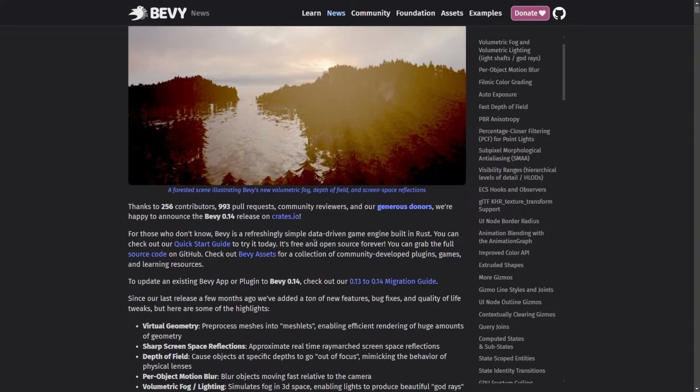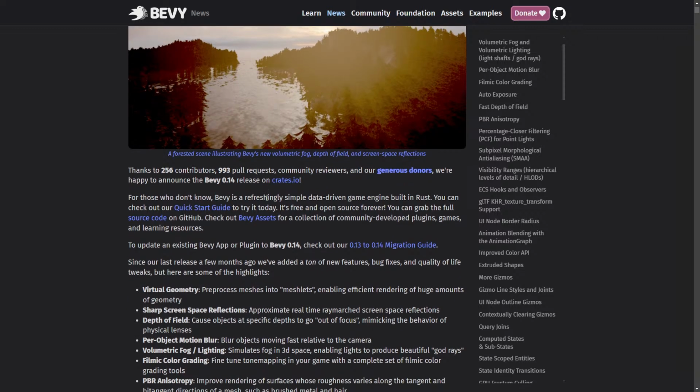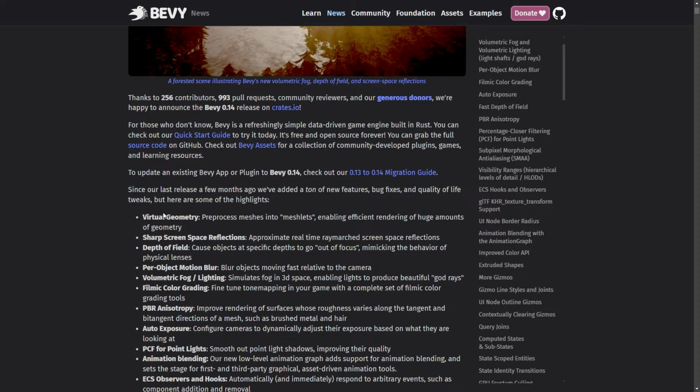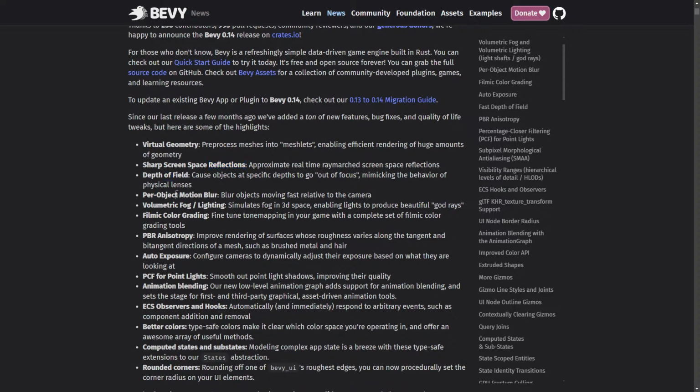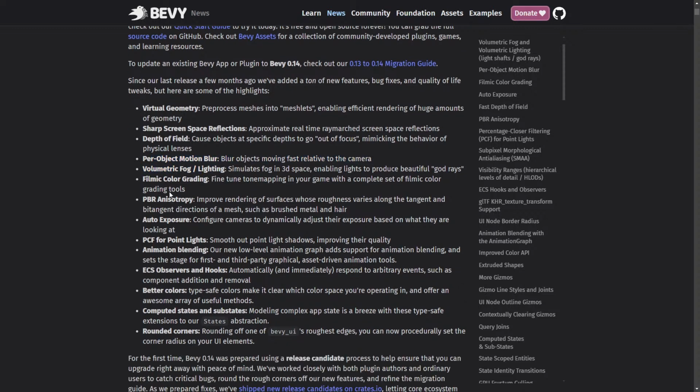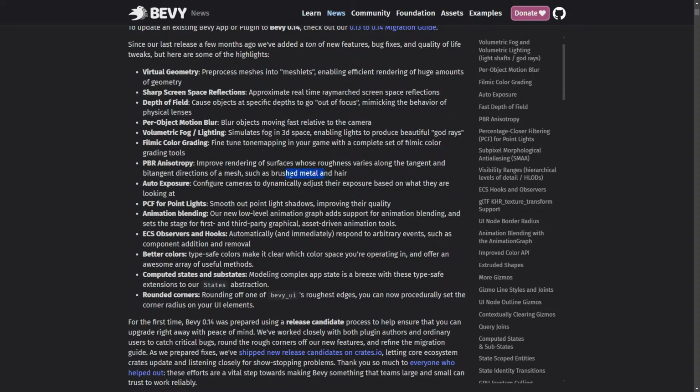So Bevy 0.14. What's that entail? Well, apparently 256 contributors, so one byte's worth of contributors, with 993 pull requests, which is mind-boggling. In this, they added virtual geometry, which is basically breaking really complex meshes up into smaller chunks so that it can then be rendered more efficiently. Sharp screen space reflections, depth of field, per-object motion blur, volumetric fog, filmic color grading, anisotropy for PBR, which is to do with allowing light to change depending on the part of the image that it hits. So it allows materials to render smear blurs instead of just point light blurs when they reflect stuff. Auto exposure,